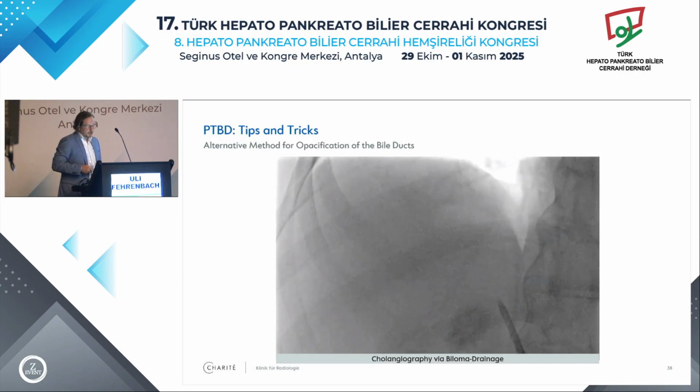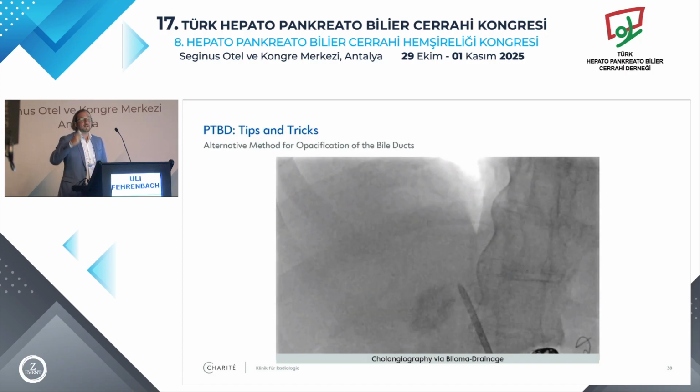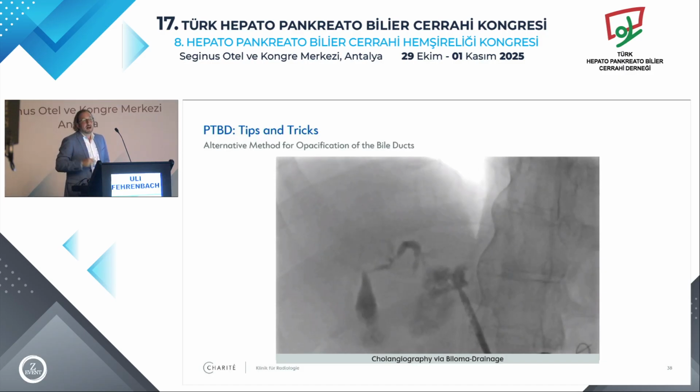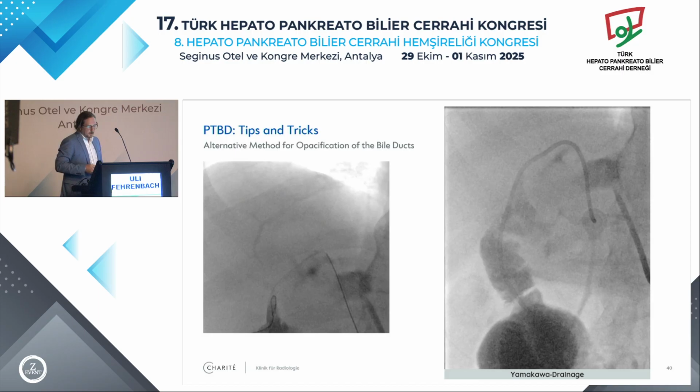A drainage is inside, and because the first step is always the contrast injection in the bile ducts, sometimes you can use alternative methods to contrast these bile ducts, not by puncturing it. You can inject contrast via the drainage and then puncture the ducts easily. You can see the limited steerability of those thin needles, but if you access, then you can insert your drain